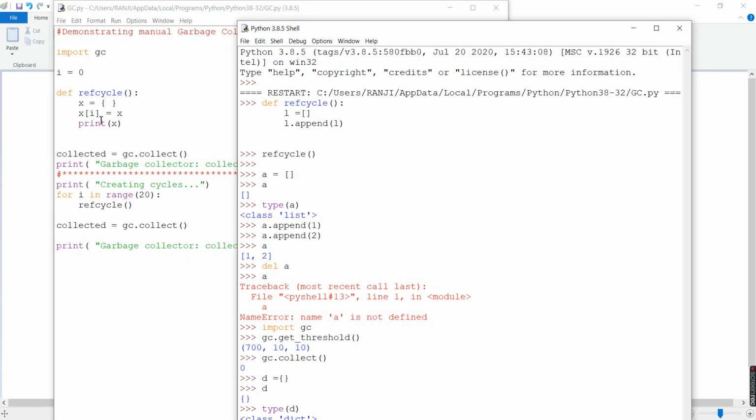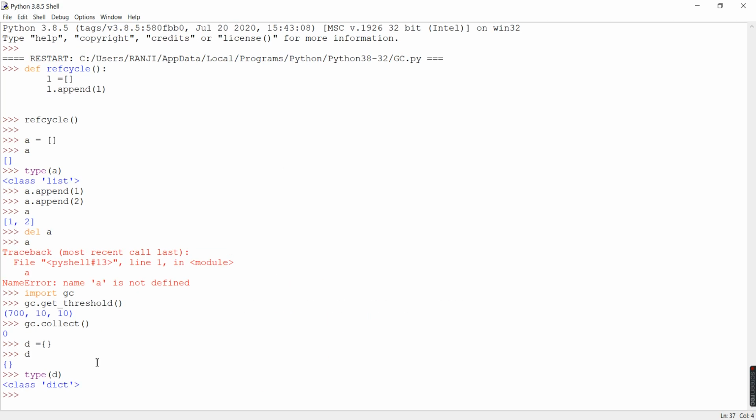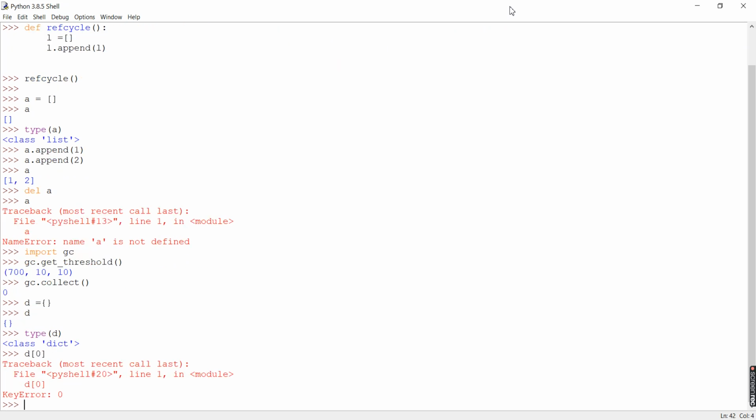Now according to the syntax, if we put D of 0, it will definitely throw an error, because in Python dictionaries you don't have the concept of indexing, so it cannot be indexed.